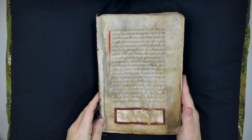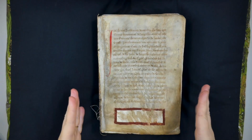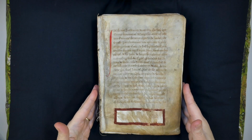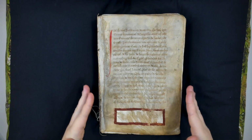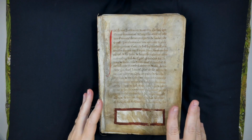Another thing that is interesting about this manuscript is its history. It's a cartulary. Let me tell you a little bit about it first. It's a cartulary from the 13th century, the sort of last part of the 13th century. I believe the latest document here is dated 1253,